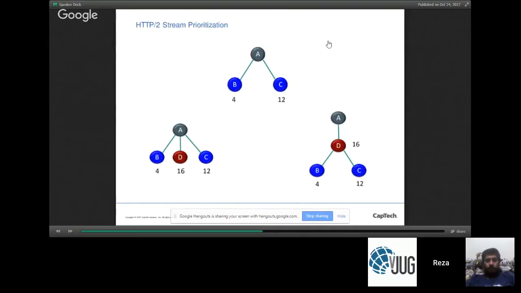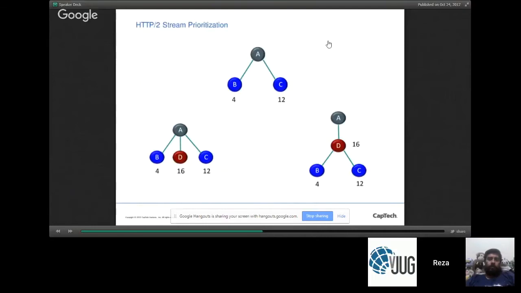So actually, when it comes down to it, C is more important to load up before B. So you can essentially express that preference between the client and the server by assigning weights to each stream. So you can say B has a priority of 4 and C has a priority of 12. So if you have to choose, please pick C first.